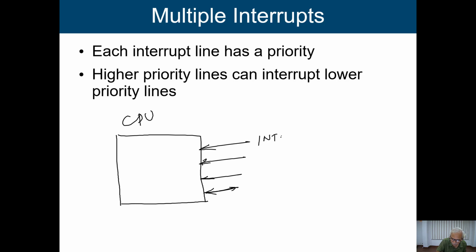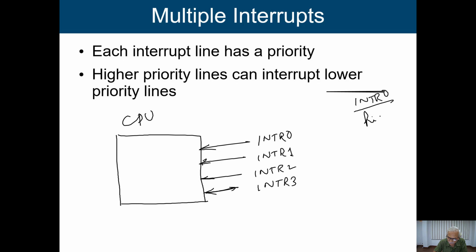Say this is my interrupt 0, interrupt 1, interrupt 2 and interrupt 3, and the priority is like that: interrupt 0 has the highest priority, and interrupt 3 has the lowest priority.